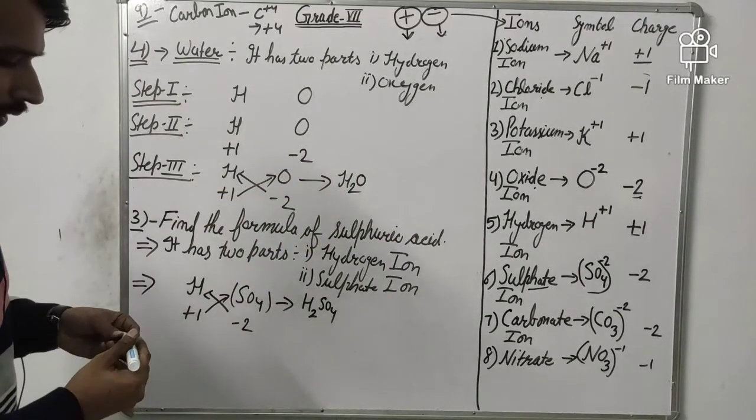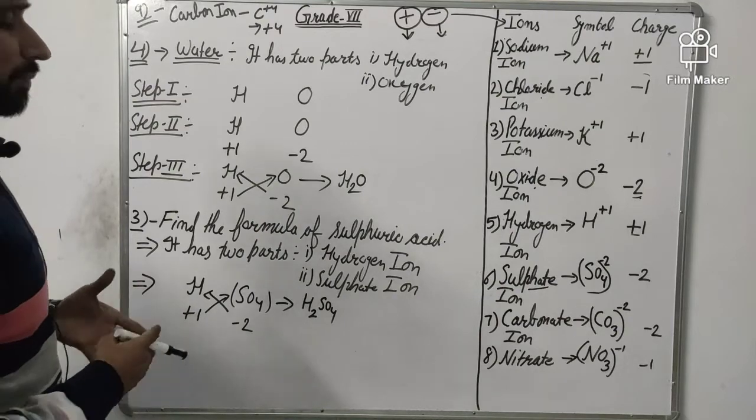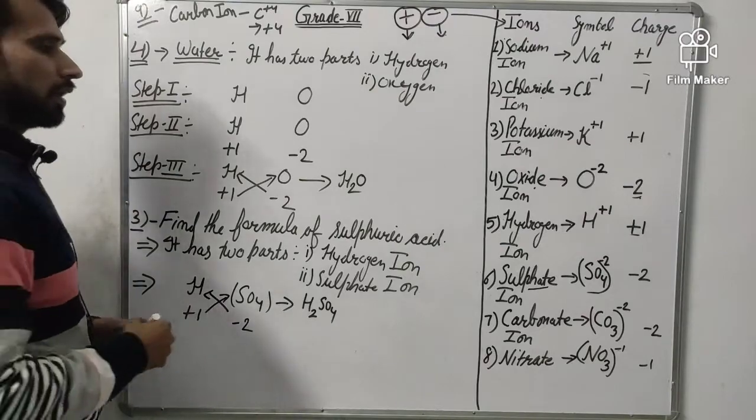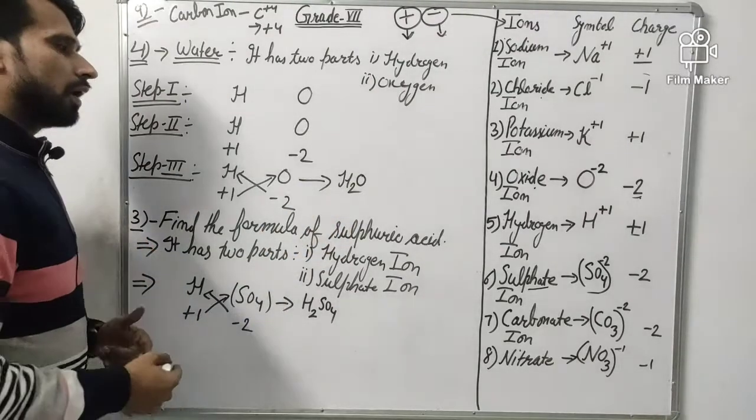And what is a chemical formula? A formula which tells us the number of atoms present in a molecule or a compound is called a chemical formula. Like in one molecule of water,